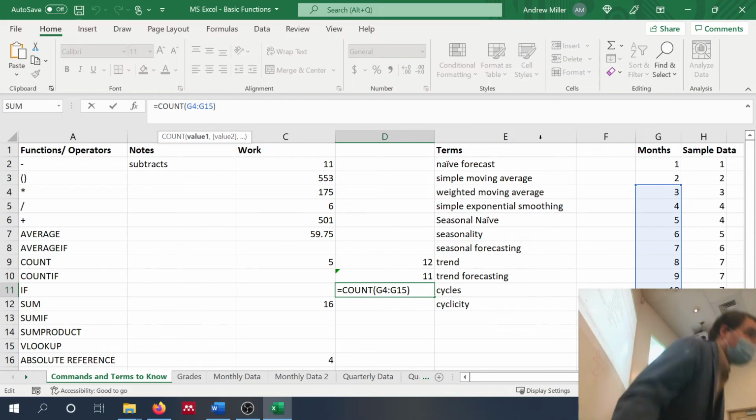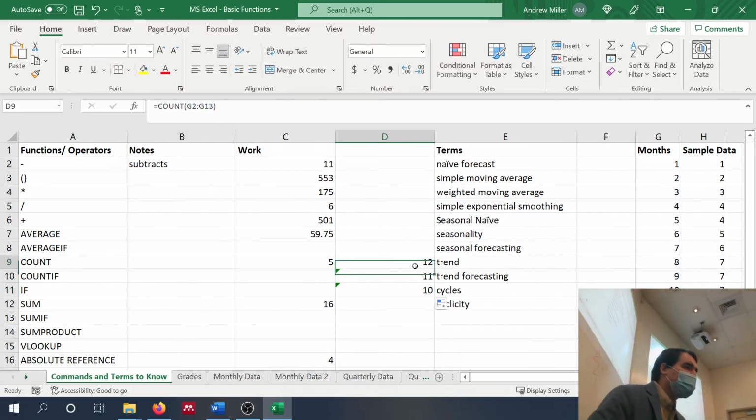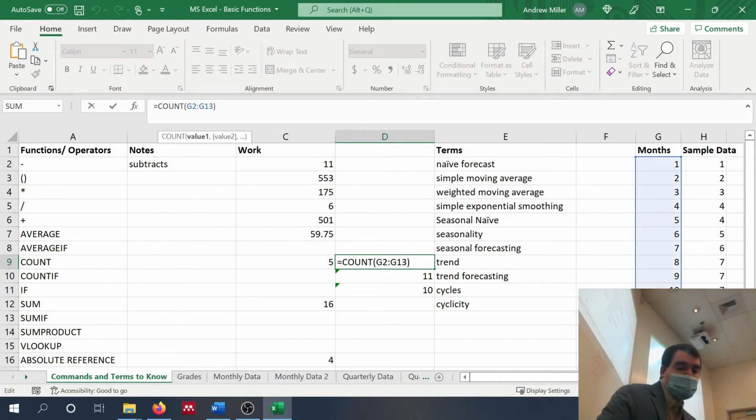An absolute reference, exactly correct. Okay? So what I can do is, inside of this, I'm just going to hit F4. And now we do it on both the start and the end. Both of these are now relative or absolute references. Which are they? They're now absolute references. Okay?